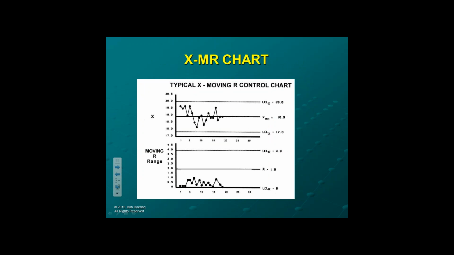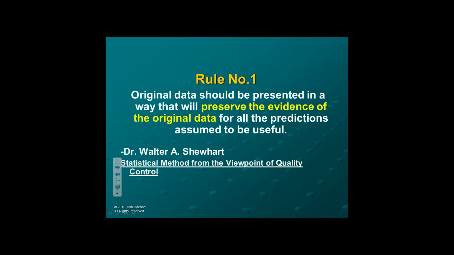Now with the moving range chart, you resolve the problem of measuring a lot of parts at one time that are going to be similar, but again, you still haven't resolved the problem of trying to measure all of the diameters within a circular feature and controlling them. So again, this still is not the best chart for this situation.